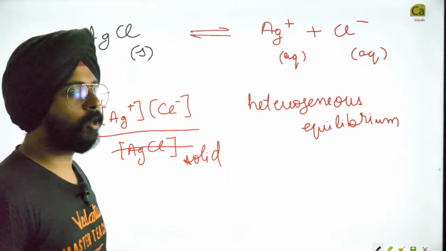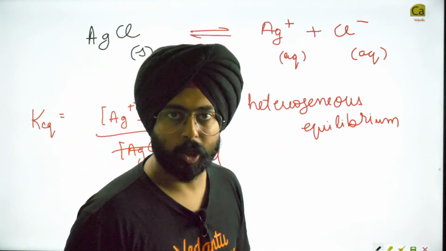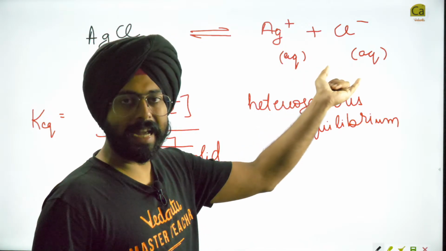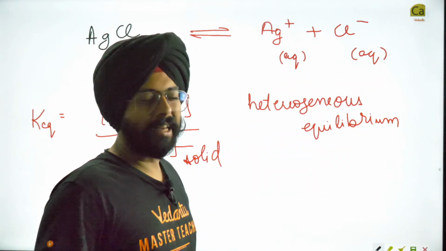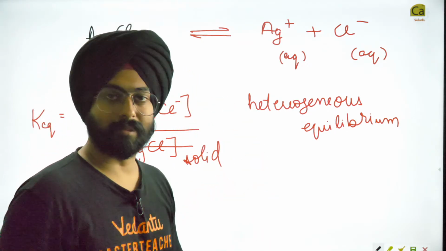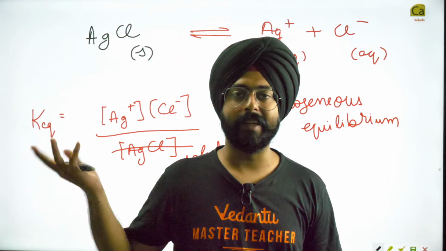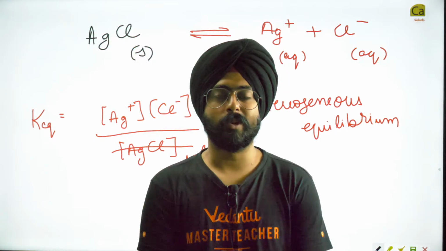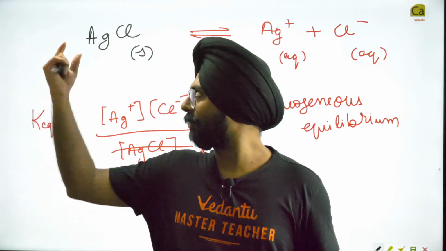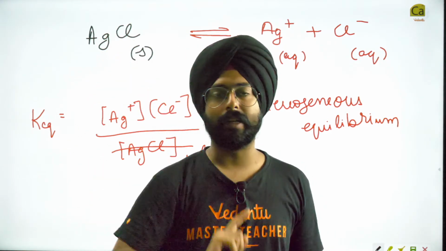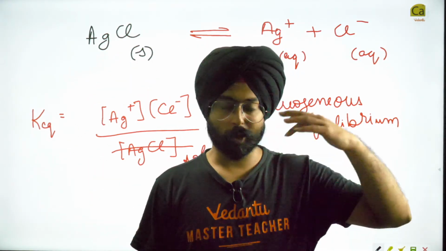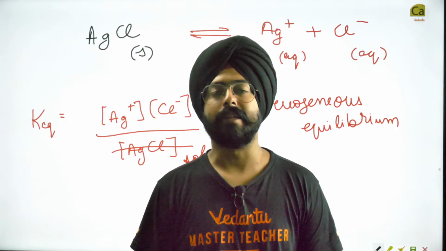we need to consider only the phase that matters. Over here, the phase that matters to us is the aqueous phase. Aqueous phase is the more volatile phase. Solid phase, what about it? Solid phase is not really going to affect the reaction. Its volume change is going to be insignificant. Its activity can be taken as one. If you don't remember this idea, you can go back to chemical equilibrium and revise once again.